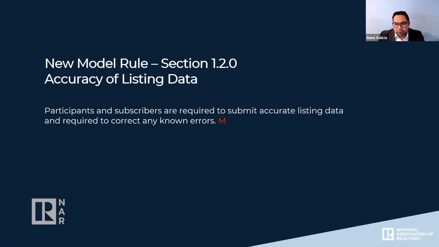Rodney or Charlie, do you see that? How do you see that playing with this new model rule requiring accuracy of listing data, where a photograph is potentially misrepresenting either the property itself or a feature of the property? In one instance that I dealt with, for example, a power line that came down to the property was removed. The photograph may have been altered to remove that power line coming to the property.